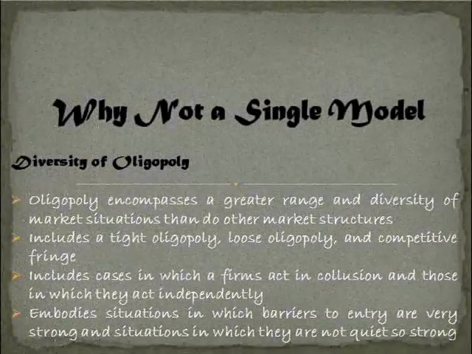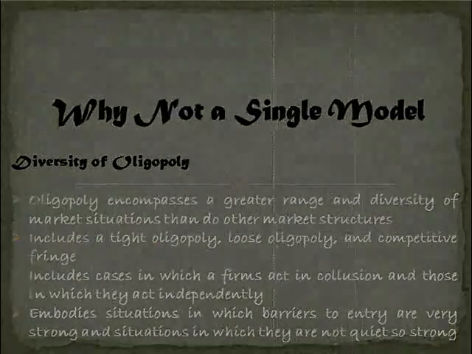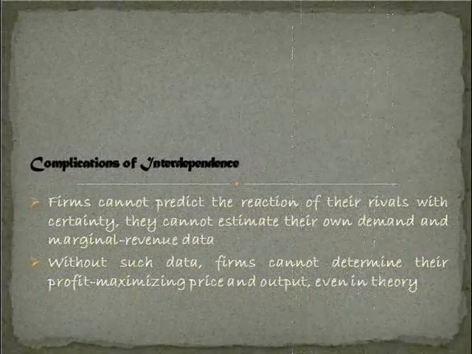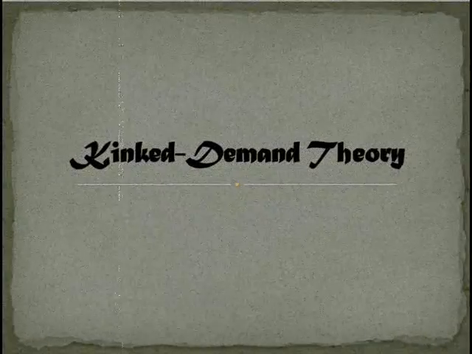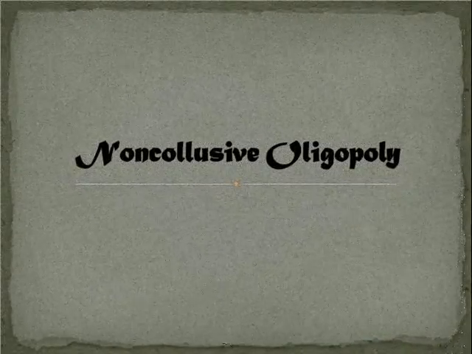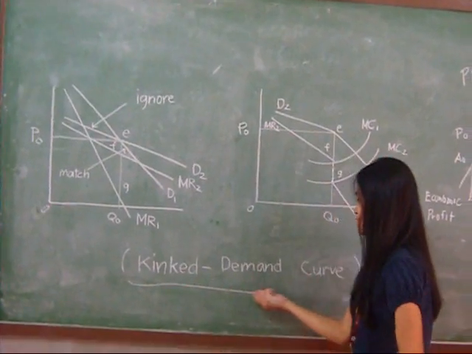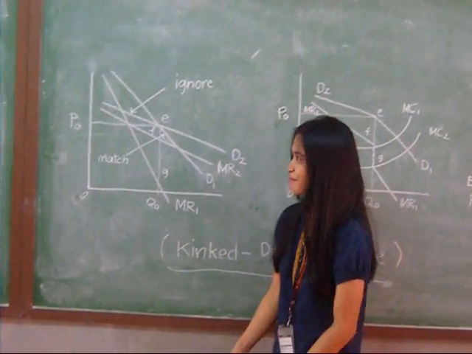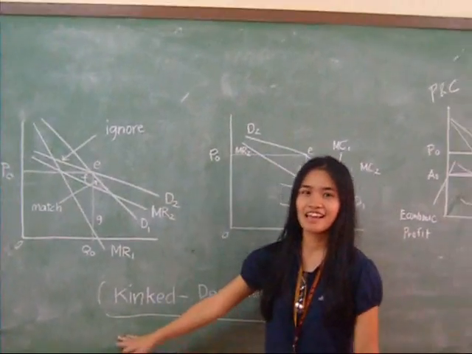To gain further insight into oligopolistic pricing and output behavior, we will examine three distinct pricing models. The first one is the kinked demand curve, the second is collusive pricing, and the third one is price leadership. To make this more clear, let's imagine